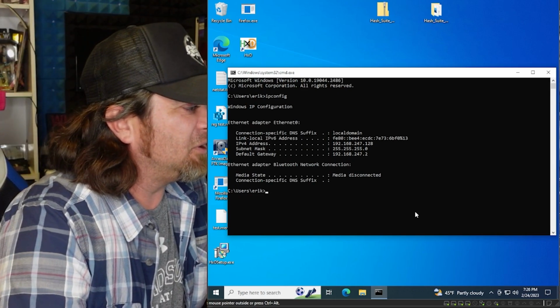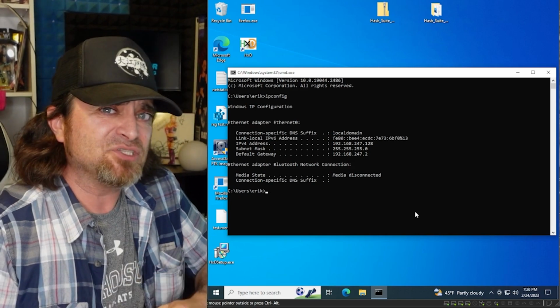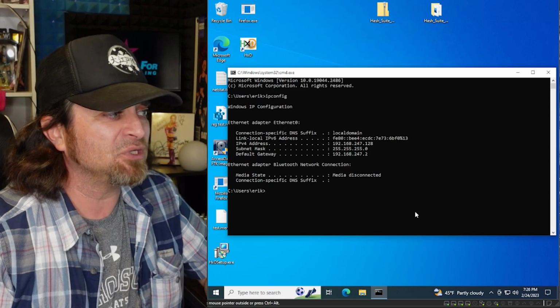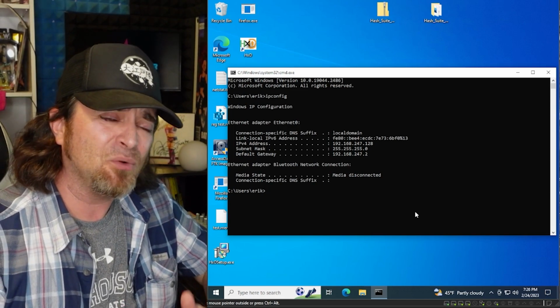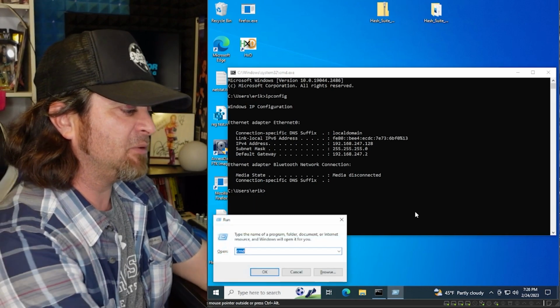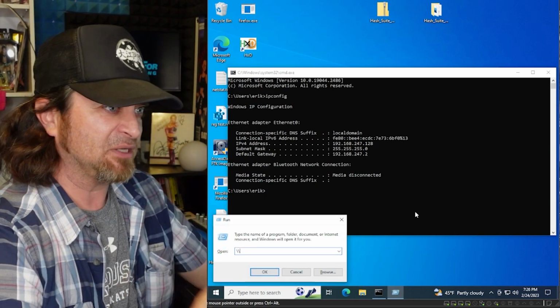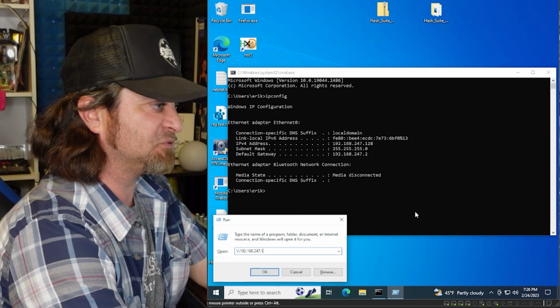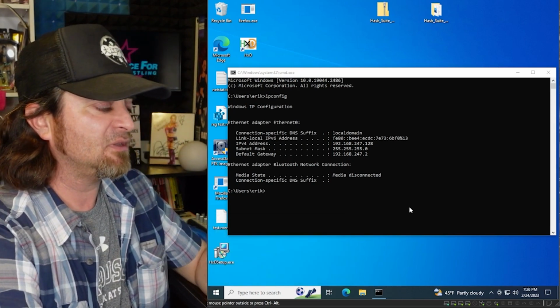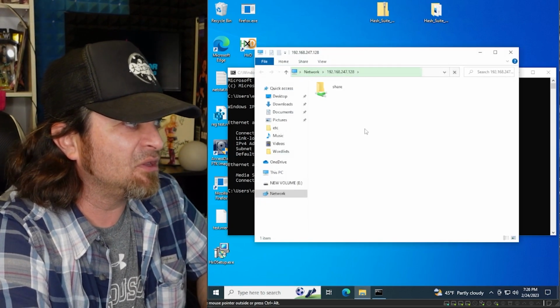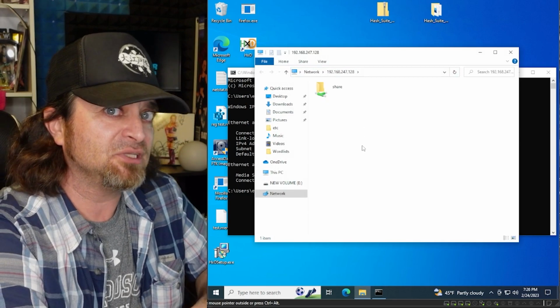So here we are in our command prompt. And the reason I have this open is because we're taking a look at our IP address, and we are 192.168.247.128. Now, why am I doing this? Well, because I'm going to open up a start run. And I'm going to type in backslash backslash, that IP address, 192.168.247.128. And when it opens up, if it opens up, see right here, I have one share that's actually available